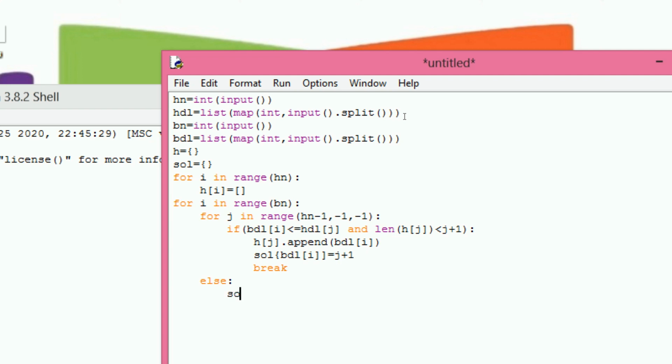SOL of BDL of I equals to 0. That's it. Now the solution is stored in SOL dictionary, so I can print the values in that SOL. SOL dot values, print I.